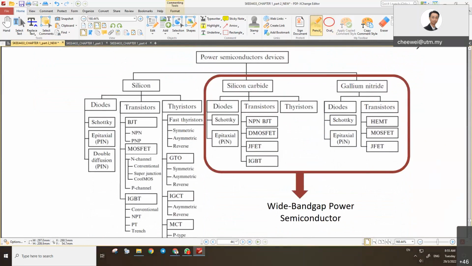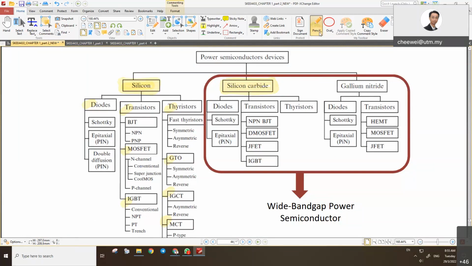The comparison of the conventional silicon, well known. We have diodes, transistors, thyristors, and all the families under it. Just now we mentioned diode, MOSFET, IGBT, GTO, IGCT, MCT. Okay, so if you're using the new version of silicon, which is silicon carbide,